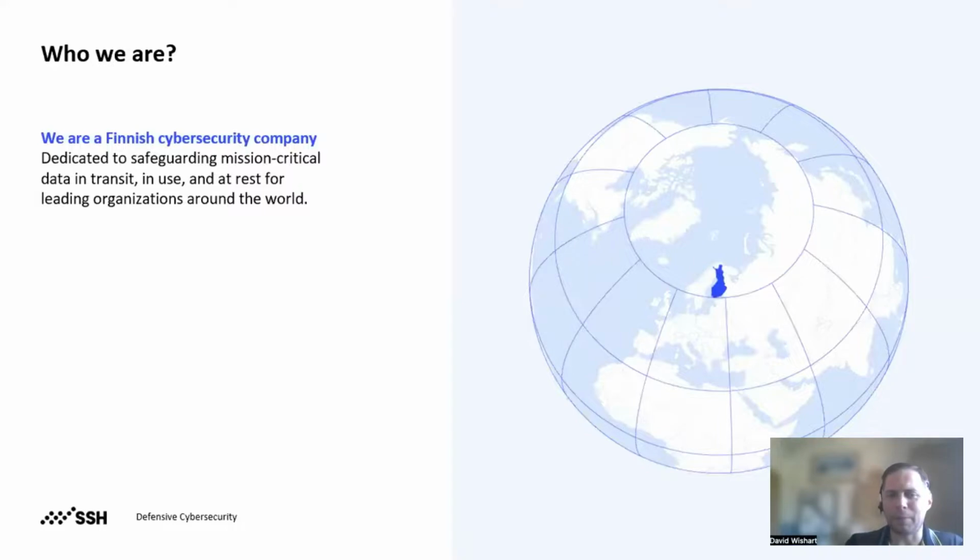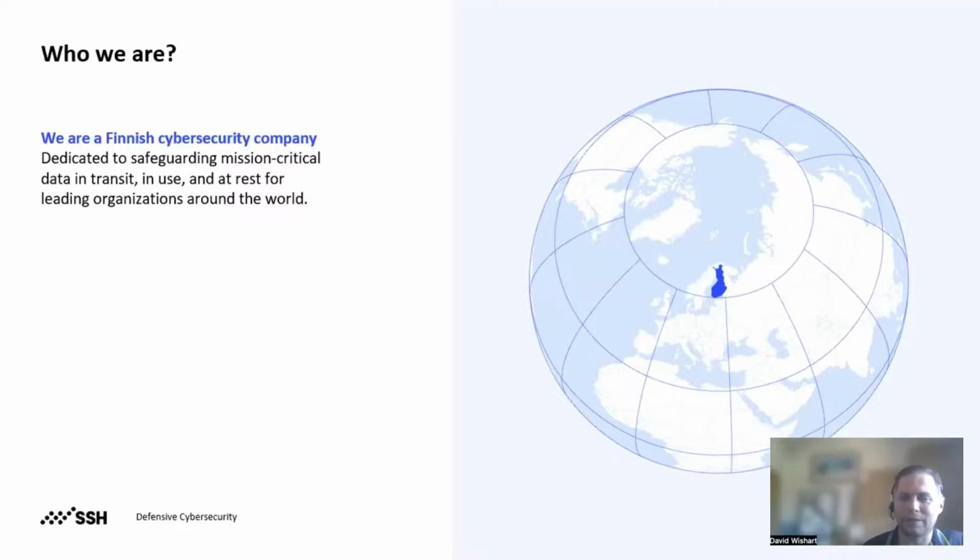I'll explain a little bit about SSH, the company. So our founder, Tatu Julonen, invented the SSH protocol back in 1995 when he was working at Helsinki University in Finland, and he realized his password was compromised on an unencrypted connection. So rather than change his password like most do, he invented the SSH protocol. So this has become the de facto method for IT admins and applications to securely connect to Linux servers, network switches, and also do file transfers.